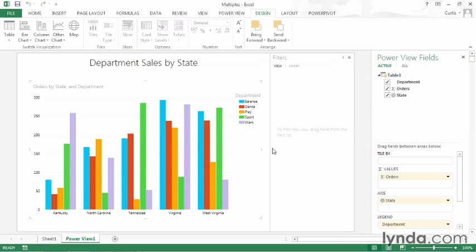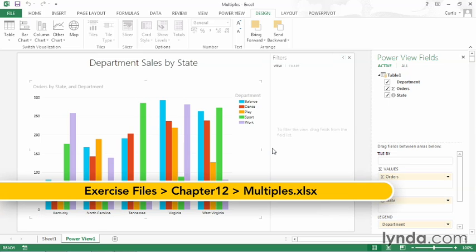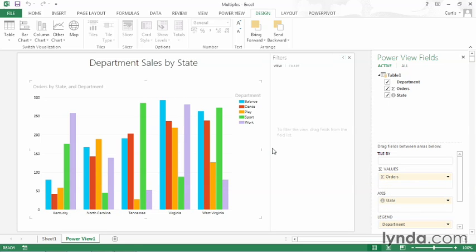In this movie, I will show you how to create multiple charts so that you can represent each of your departments or perhaps states in a separate chart in your chart control. I will use the multiples sample file, which you can find in the Chapter 12 folder of your exercise files archive. So again, I am representing this data source in a single chart, but if I want, I can create multiple charts. And to do that, I will use the controls in the PowerView Fields pane at the right edge